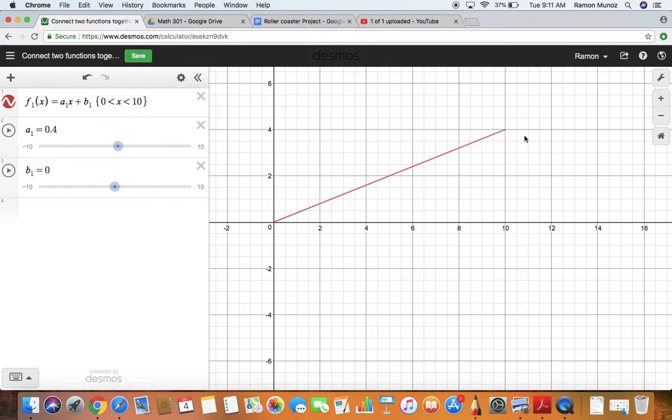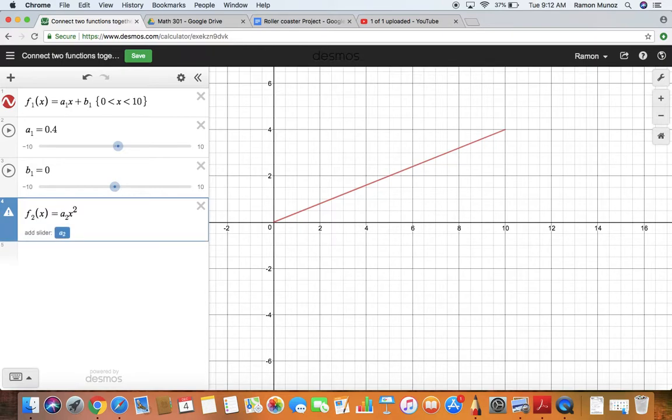And so what function could we use to slope something downward? We could use a parabola, or part of the function of a parabola. What else could we use? We could use a radical function or some sort of upside down exponential function. Let's just use a parabola. Okay, so to type this in, I'm going to type f sub 2. Note how I'm using the subscript to help me delineate between the different coefficients that I'm using. So f sub 2 of x equals